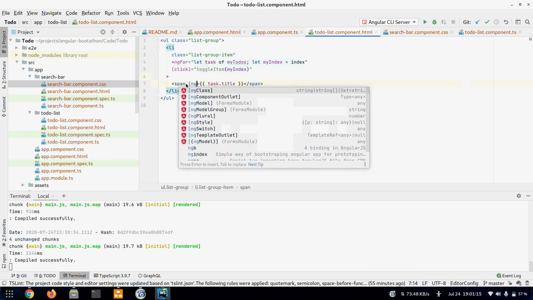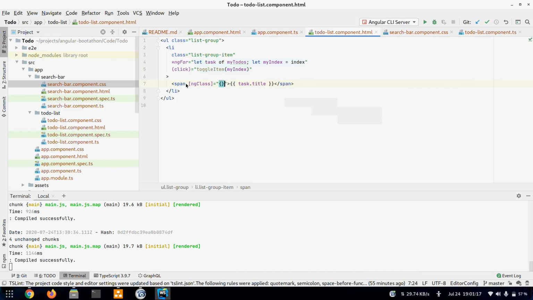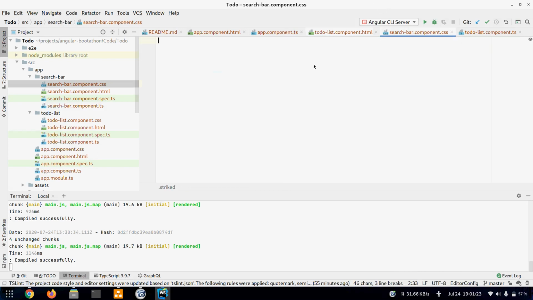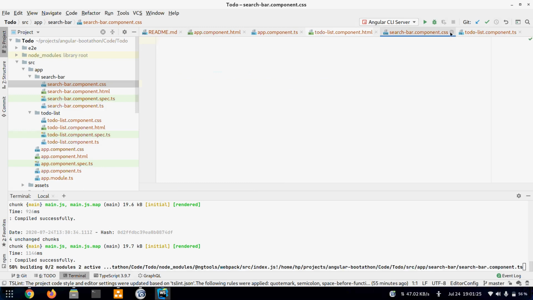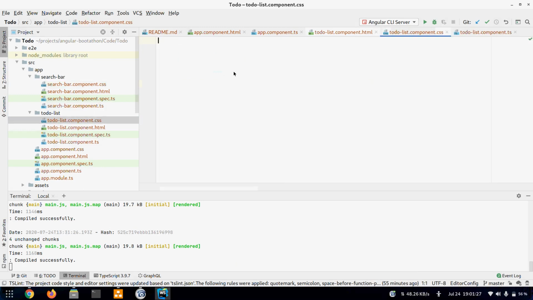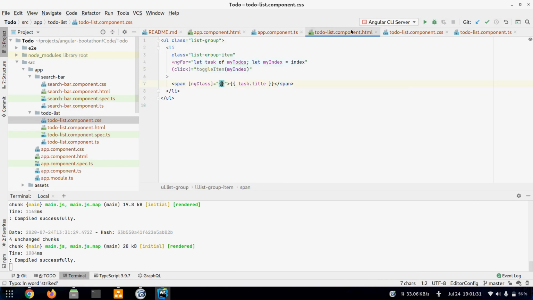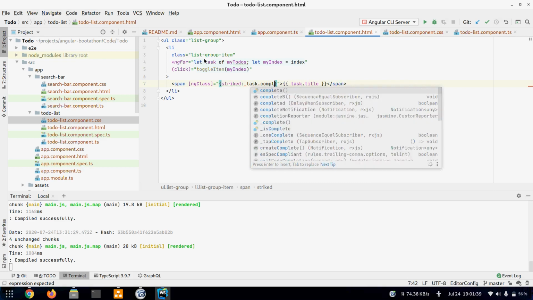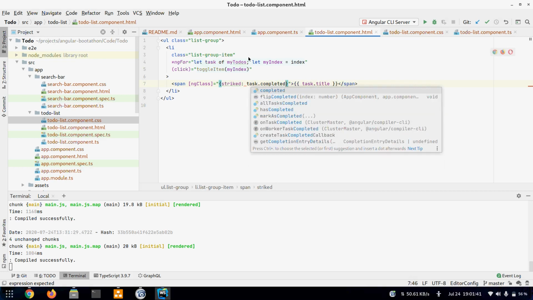Okay, so I'll just say ngClass, then I'll give it an object and the name of our class that we created right now. I created it in the wrong place. It's in here. The class name is striked, and the condition will be task.completed.